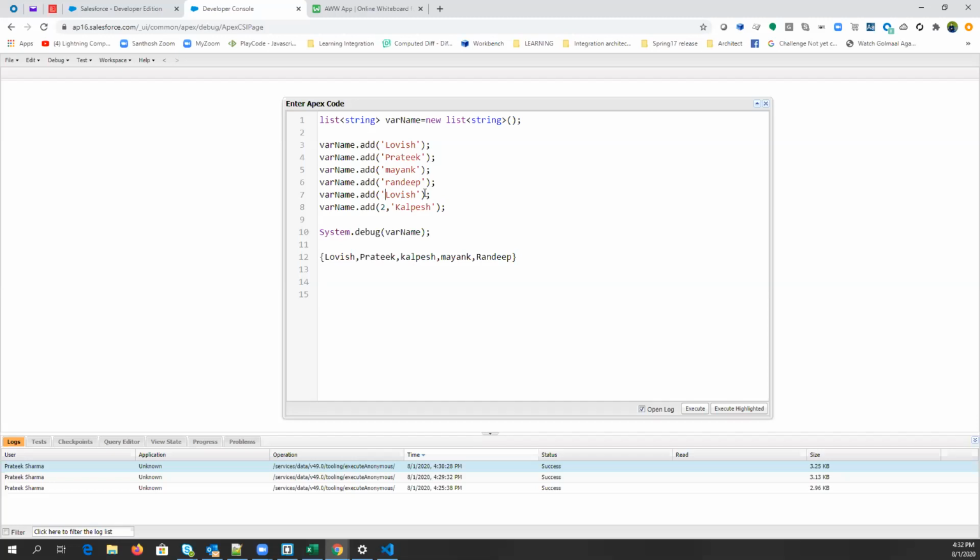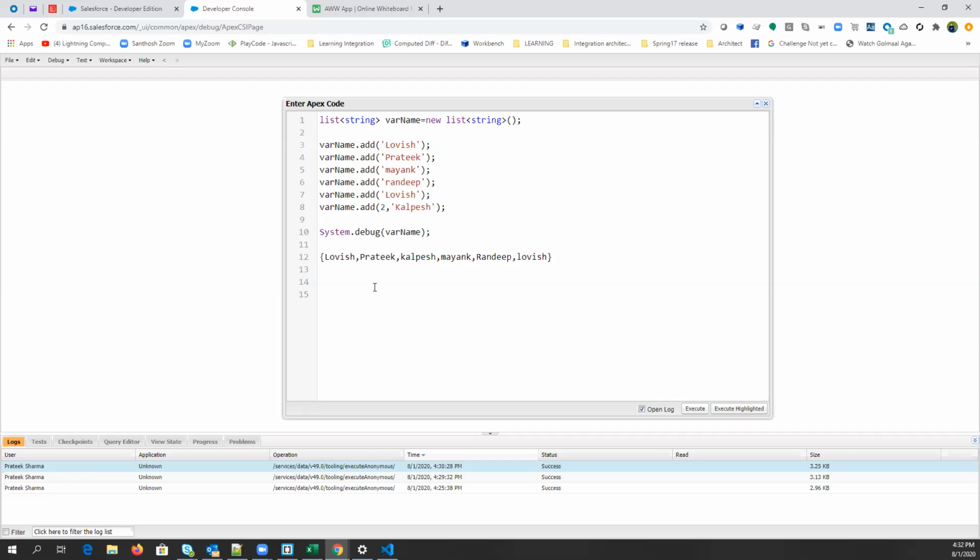So Lavish will be on index 5, at the last. So the output will be on 0 and 5.